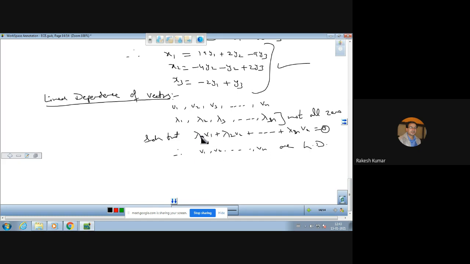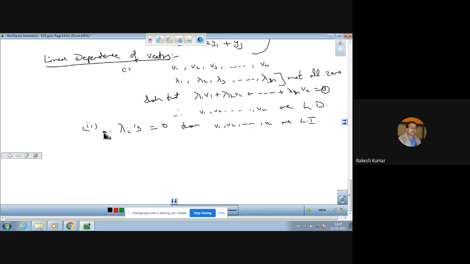Remember that. This is the first case we have. In the second case, if all the lambda i's come out to be zero, then the vectors v1, v2, so on, vn are linearly independent. So this was the definition of linearly dependent and linearly independent. You must know how to explain this definition. It is important. Now the question comes like this,